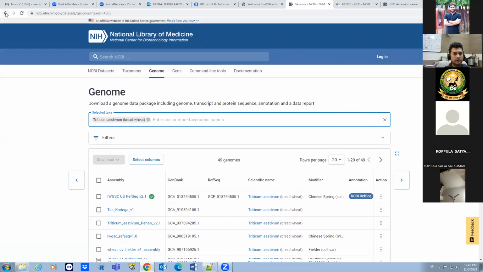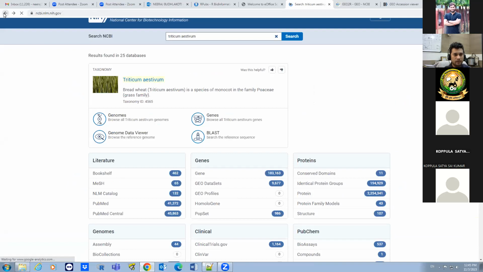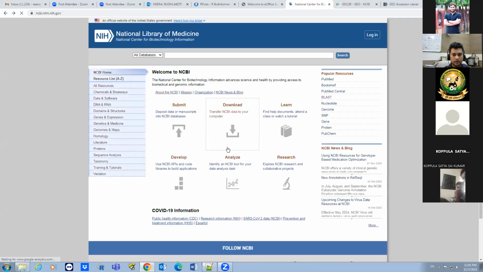Now, you all know a very popular NCBI utility that is called BLAST, the Basic Local Alignment Search Tool.